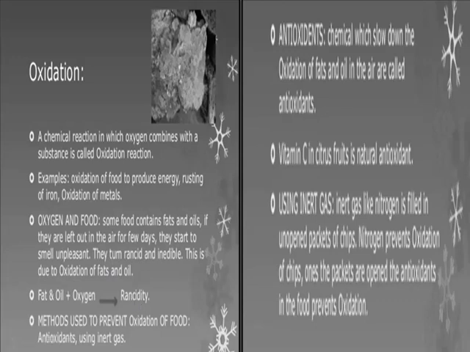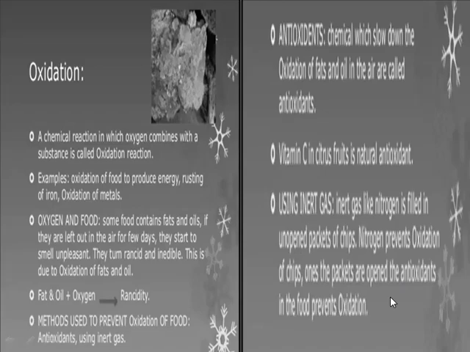Methods used to prevent oxidation of food involve the use of antioxidants, chemicals which slow down the oxidation of fats and oil in the air, the use of vitamin C, which is present in citrus fruit and is already a natural antioxidant, and the use of inert gases like nitrogen filled in unopened packets of chips. Nitrogen prevents oxidation of chips. Once the packets are open, antioxidants in the food